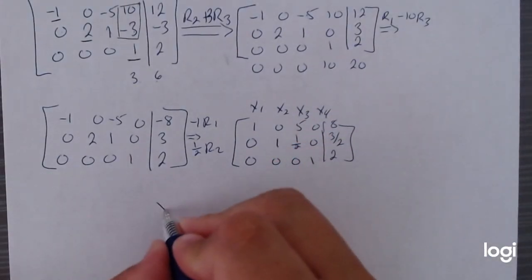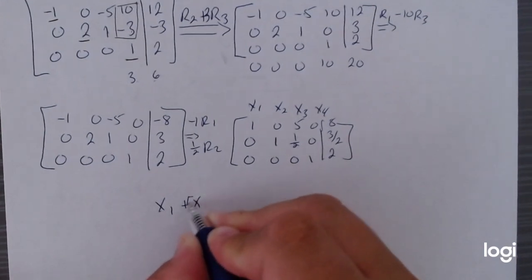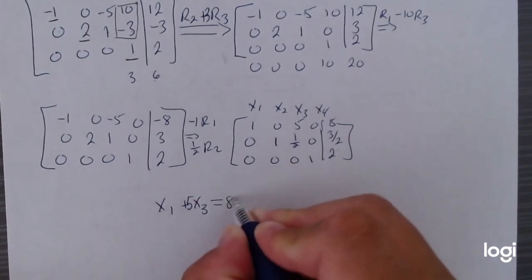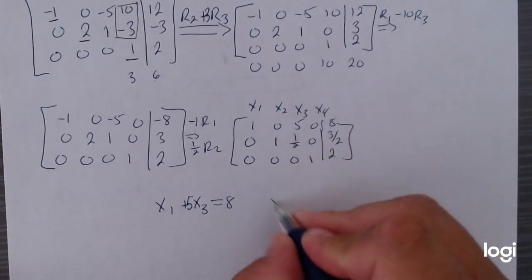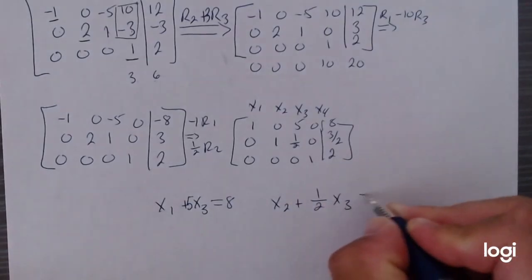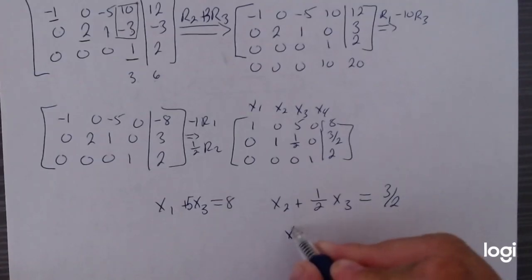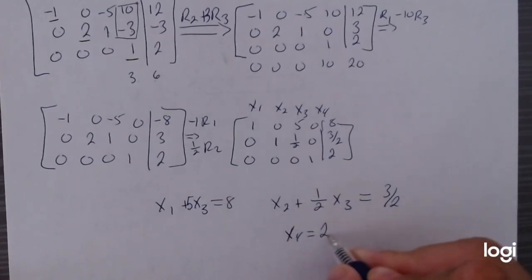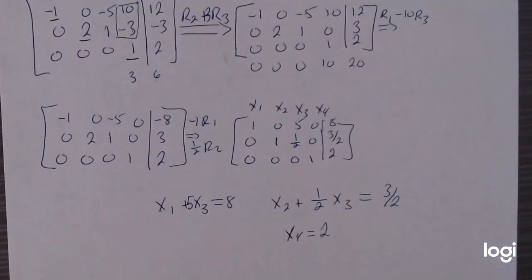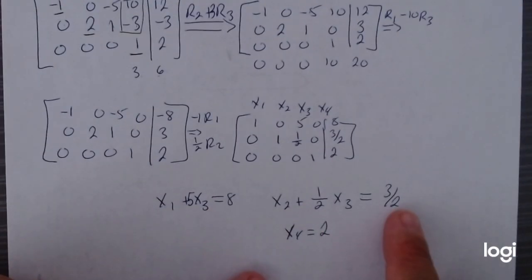So this is saying x1 plus 5x3 is equal to 8. x2 plus 1/2 x3 is equal to 3/2, and the one we already knew from the very beginning. Okay. And again, notice they have something in common. So we're going to solve for x1, x2 using x3. So our general solution